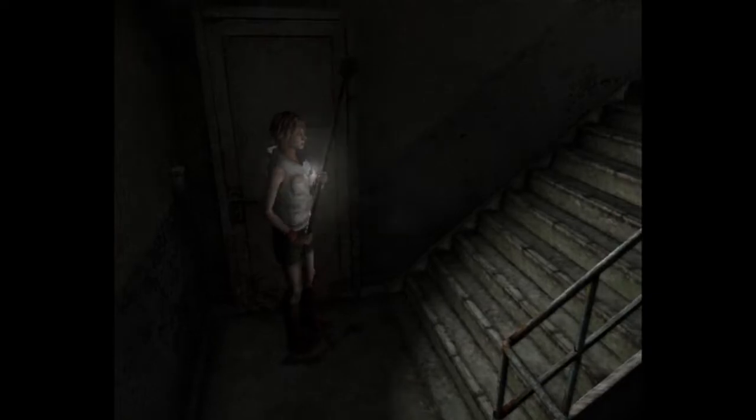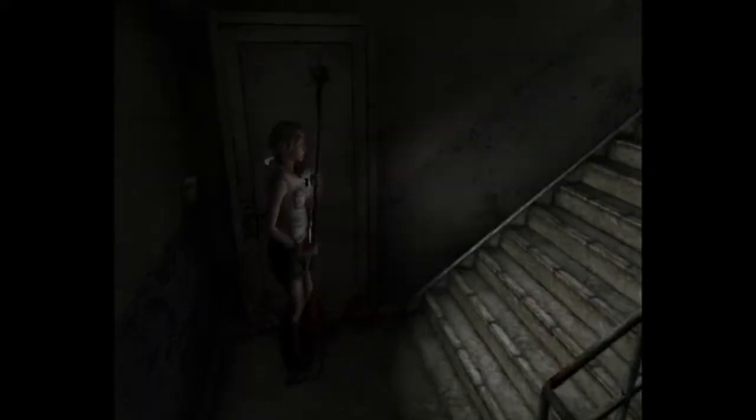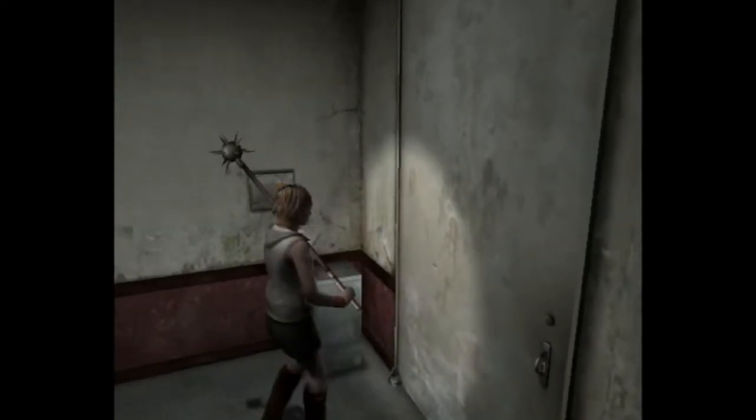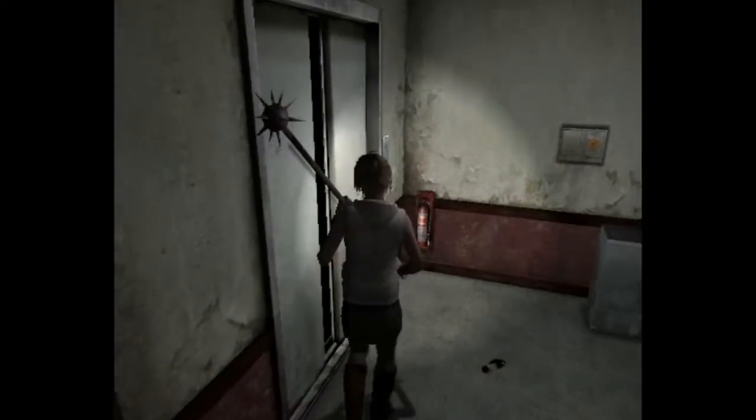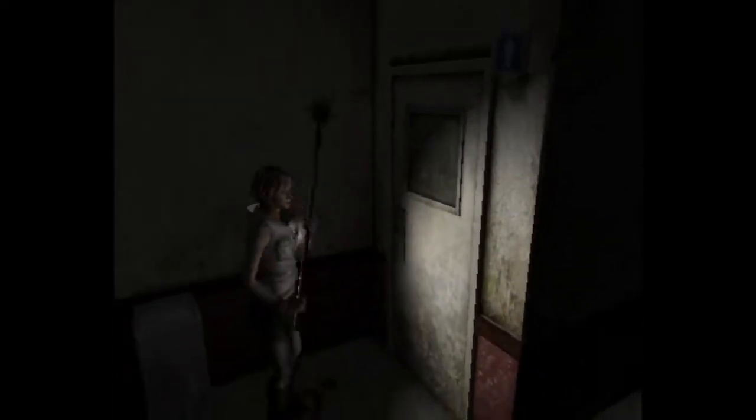Okay, so we got a big building and a lot to search, and it's important to search all of it because Silent Hill loves, and all classic survival horror titles and 90s point and click adventures, they love to hide stuff. They love to hide stuff in tiny little corners, and you need to search everywhere. But the good thing is, it's not like...